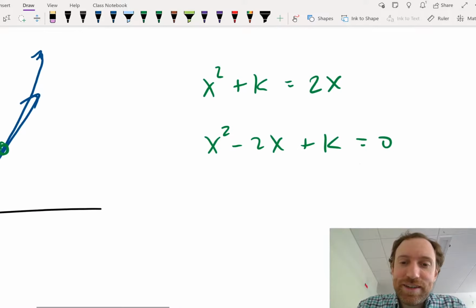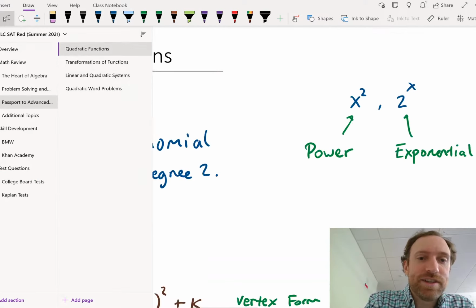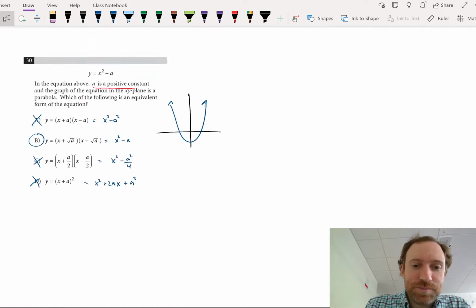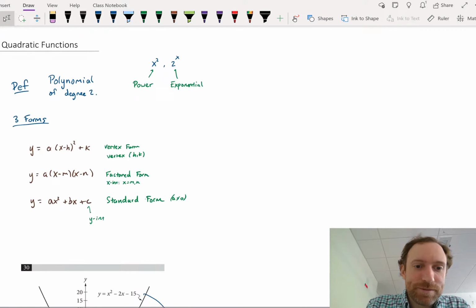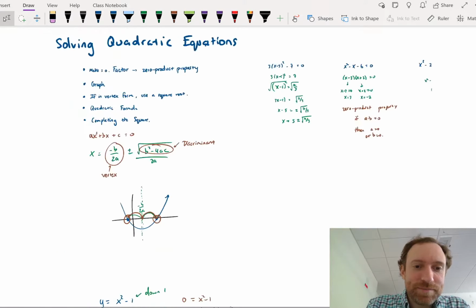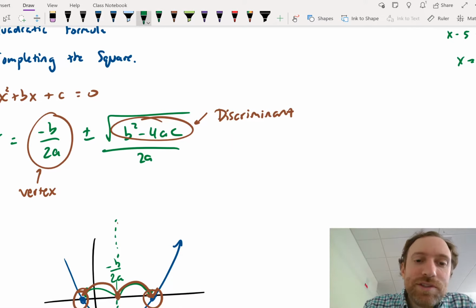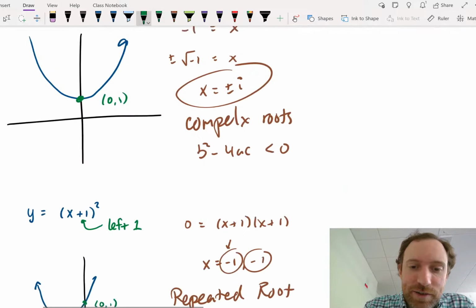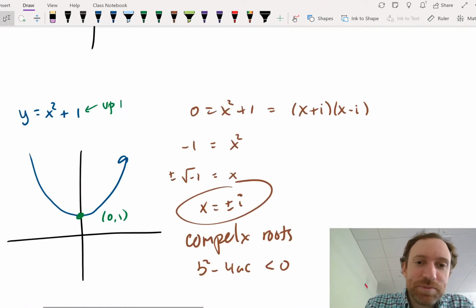Okay, so the trick is to use the discriminant. One of the things we learned about quadratic functions was... I'm lost. The discriminant. We use the discriminant to tell how many solutions a system of equations has. In particular, the case where you have a repeated root is when the discriminant is equal to 0, because you